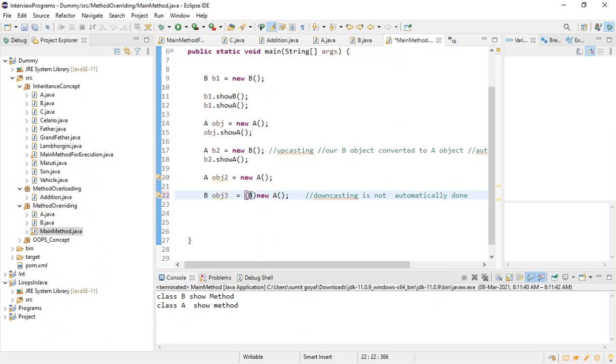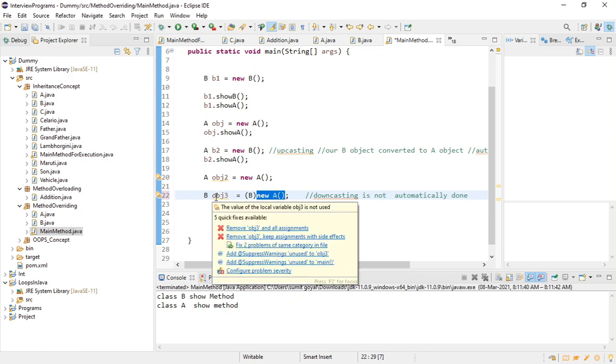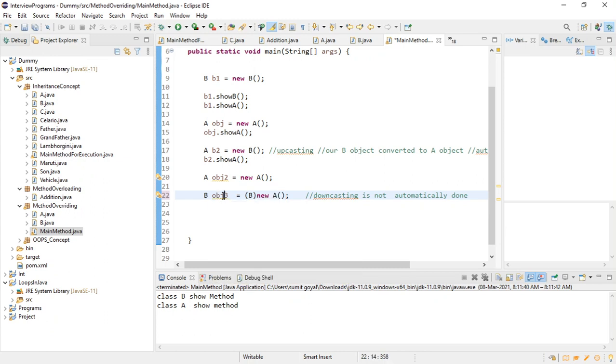So this is our child class, so I am saying convert my class A object to class B, right? If you see, as this object earlier, it will only allow you to call the method present in the class A, but as I am converting here, you can also write like this, that's your choice,